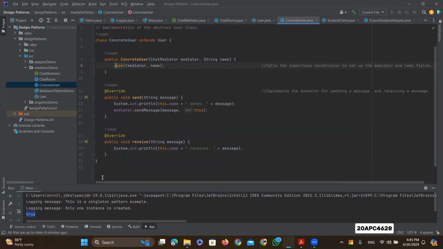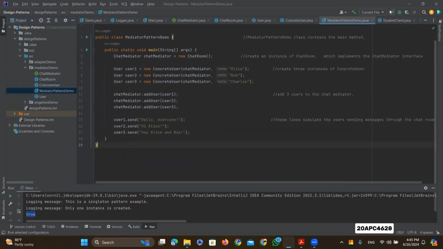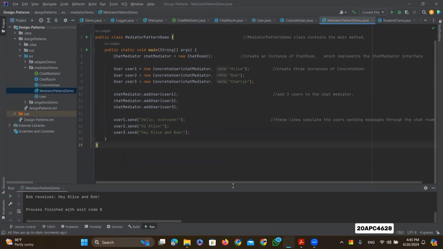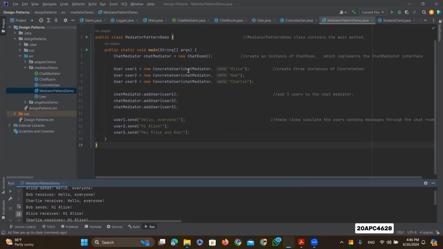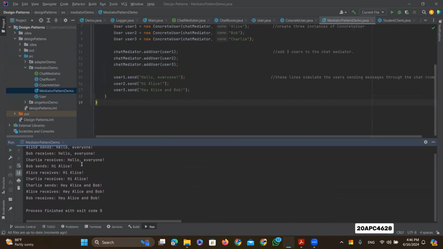Now let's look at the output of this code. This is the output of this code. In here we simulate message exchanges between users. Each user's send method calls the mediator to distribute messages to all other users, demonstrating the mediator design pattern. According to this output, you can see